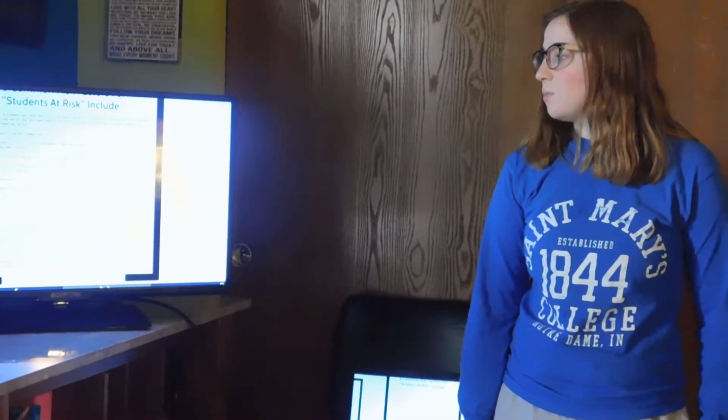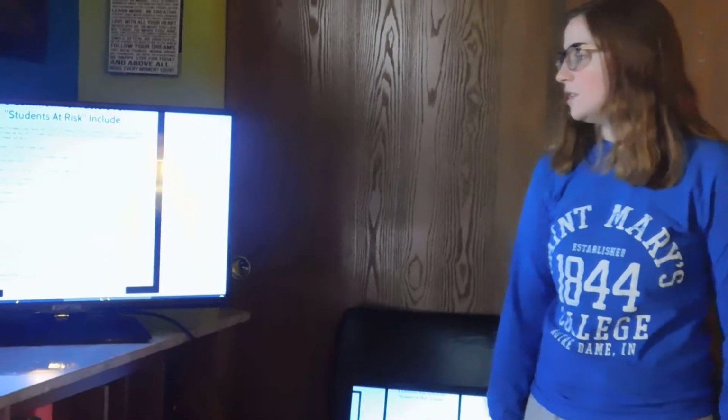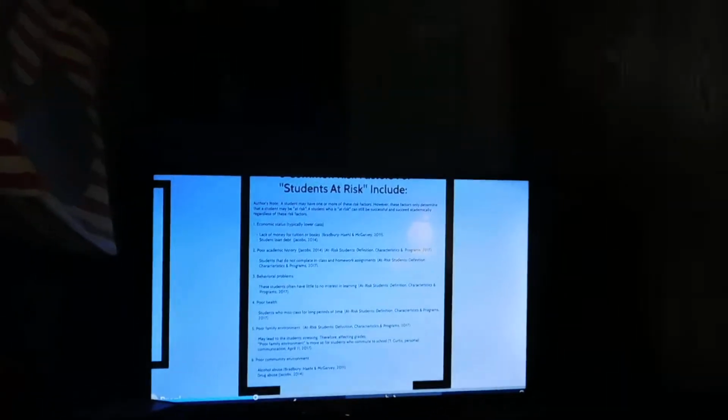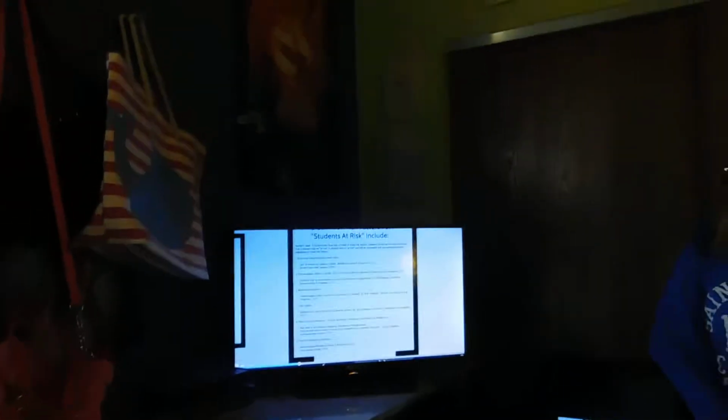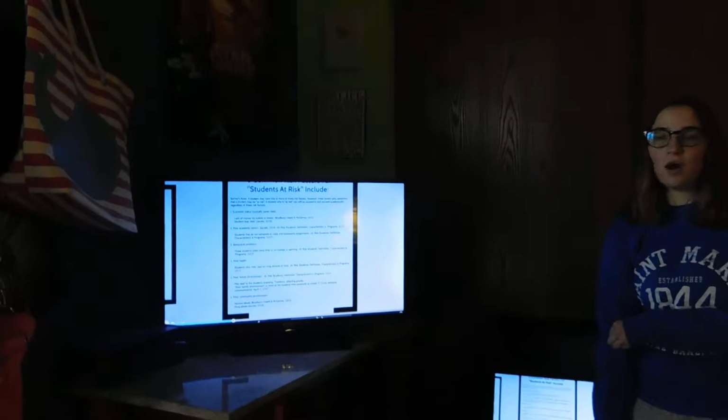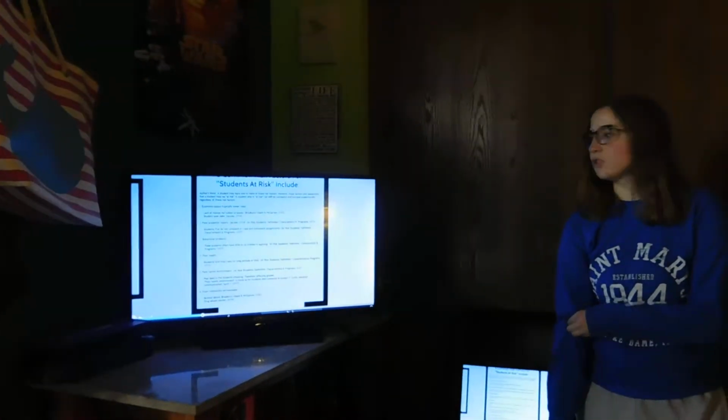Number 5 is poor family environment. This leads to students stressing over family issues, therefore affecting their grades. This often happens because students are homesick or have a poor family environment that leads to high stress, such as yelling, drug abuse, alcohol abuse, and such. Number 6 is poor community environment. Many schools have drug abuse and alcohol abuse, which lead to students being distracted when it comes to schoolwork.